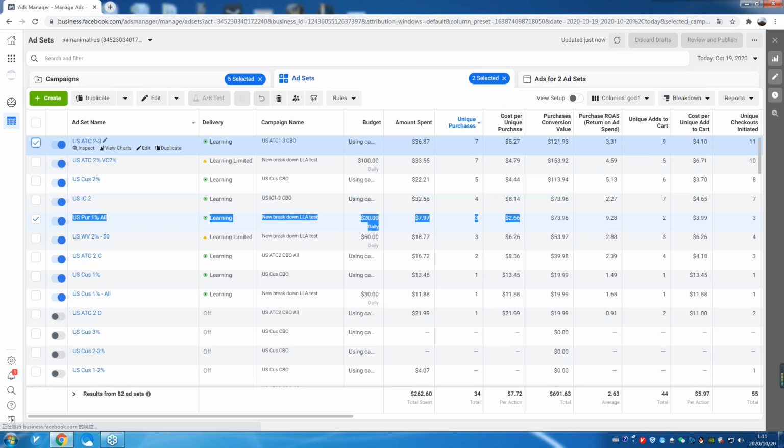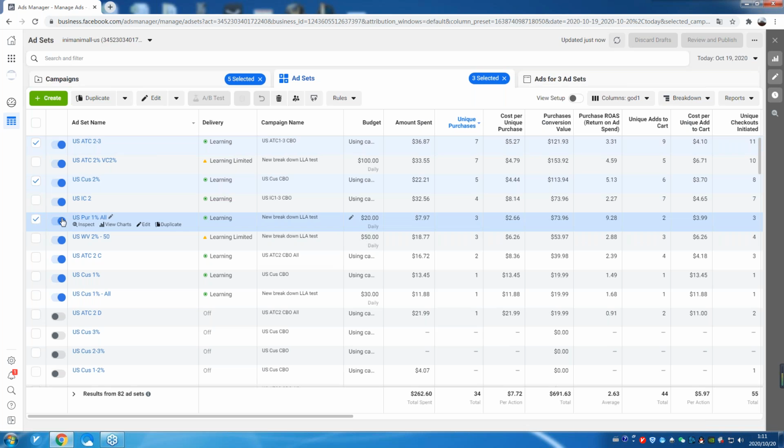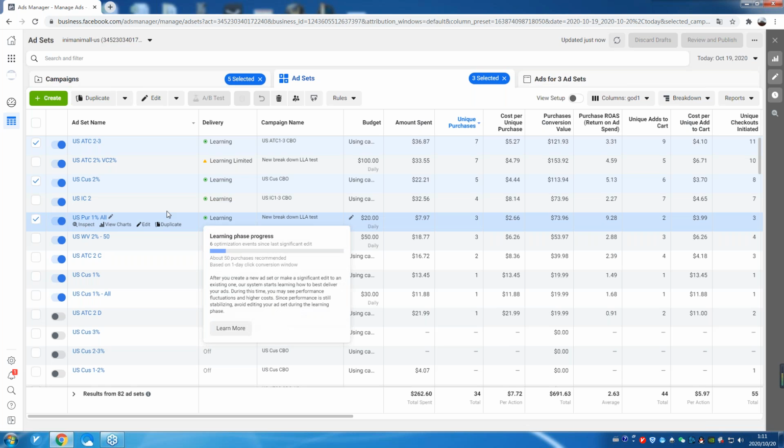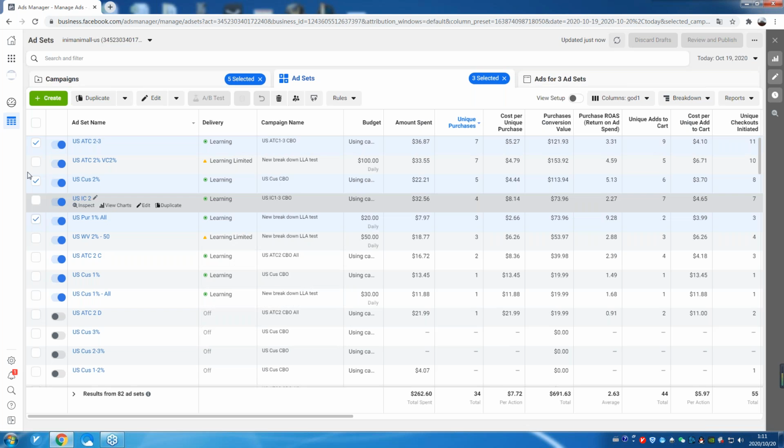So I choose purchase, custom, add to cart. Are they similar to each other? There might be some overlap between them, so yeah, they are similar, so that's fine. And then you would combine those and make them all 3% in one ad set. So I will try that.